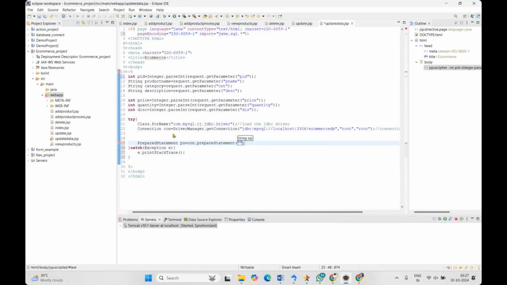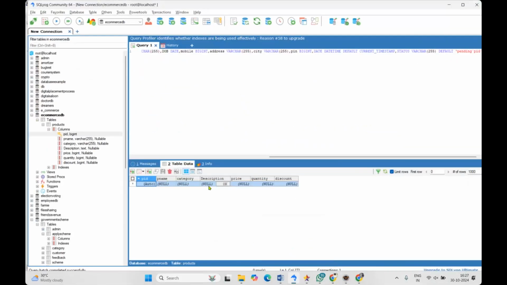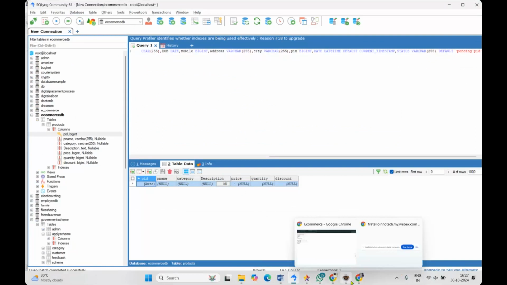Here we need to write a query to update the data in the products table. So here I'm using update. Update products set. Here we need to write set, same product. See, here we have the details as pname, category, description, price, right? So